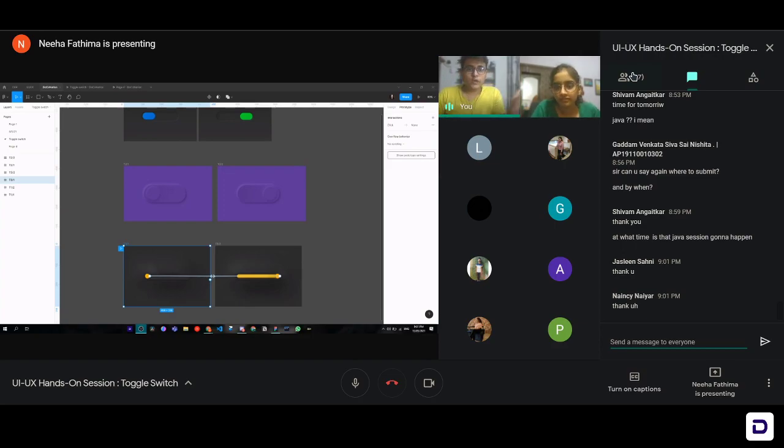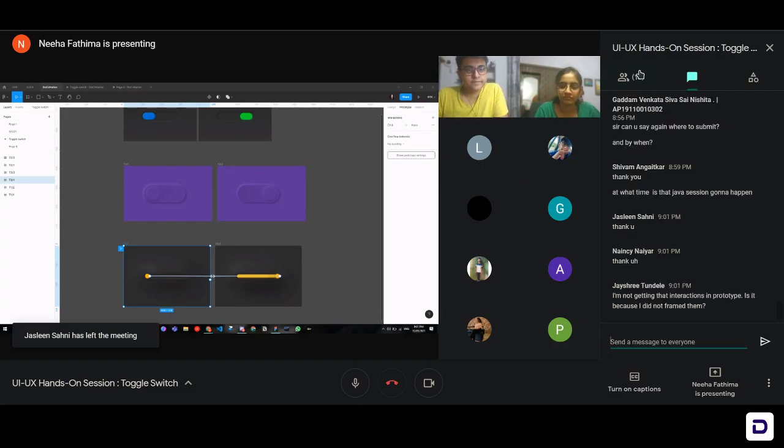Any of you, if you have any doubts, this is the time that you can ask your doubts to us. Any doubts? To get the animation, you will have to make it inside a frame. If there's no frame, it'll be difficult. You won't be able to see it in the play button option, the play screen. For animations or interactions to happen, you need frames. Frames only make that happen.